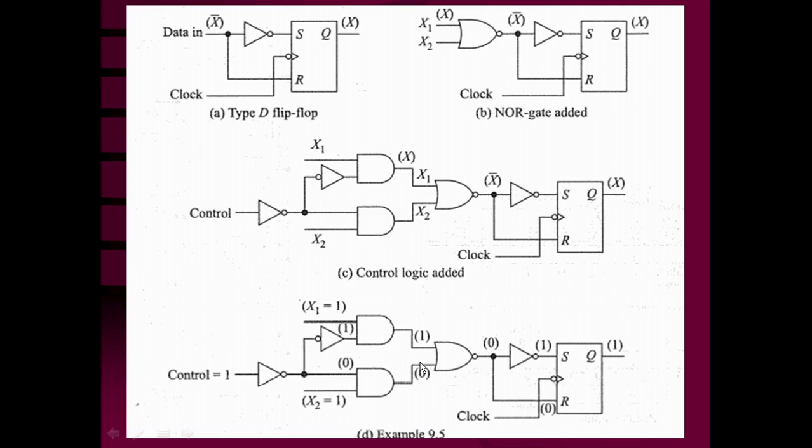That means the lower leg of the NOR gate is going to be ground. X1 data is going to be presented as 1, so that 1 will be passed through this AND gate to the upper leg of the NOR gate, and after the inversion of the NOR gate it will be 0. Again it will be inverted by this one, and 1 will be present at S and this 0 will be present at R. So S is equal to 1, R is equal to 0. That is a set condition. On the next negative edge of the clock pulse, the flip-flop is going to be set and Q takes the value of 1. So this way 1 will be clocked, or shifted, into the shift register.